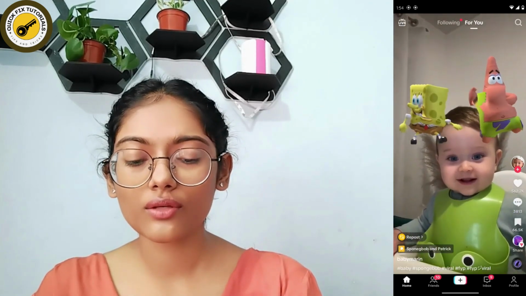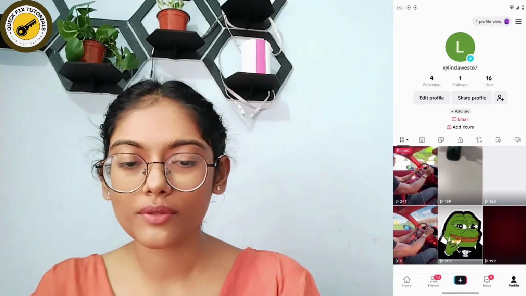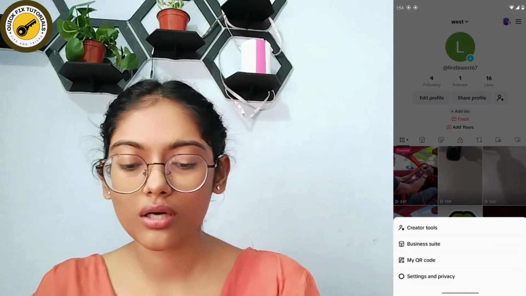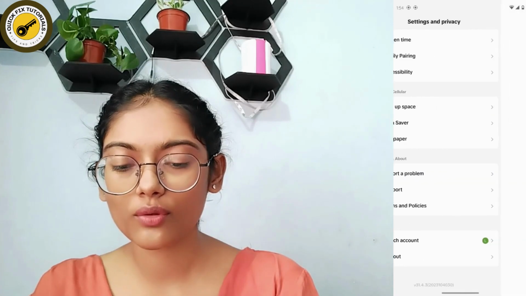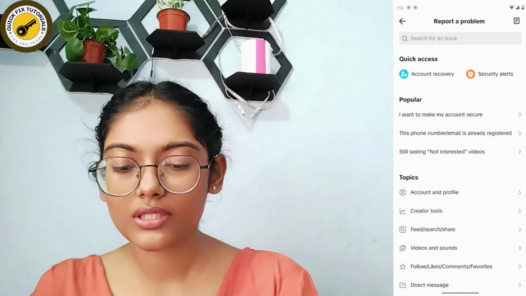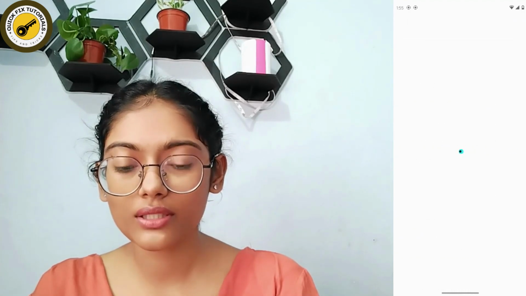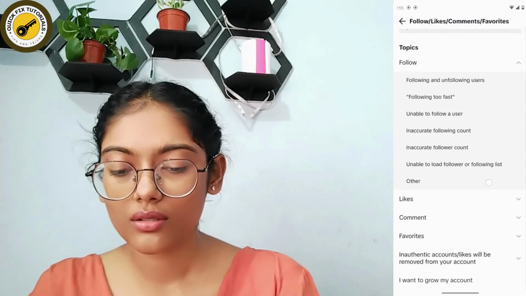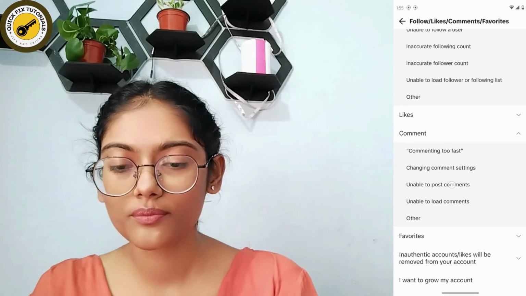doesn't fix, then you can go to your profile, which is on the bottom right, and then go to the upper right, which has the 3-bar icon, and then go for settings and privacy, and then scroll down and go for report a problem. And here you can simply scroll down and go for follow, likes, comments, and favorites, and then go for comment section, and then unable to post comments, choose that option,